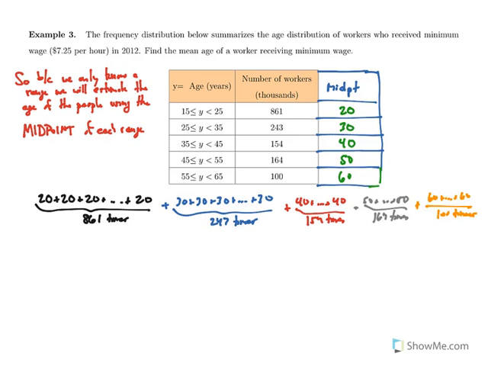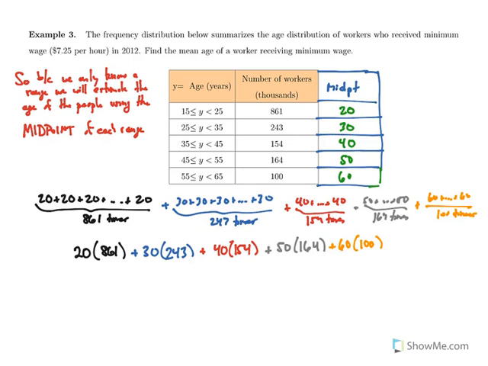Instead, we can just use multiplication. We could say this is going to be 861 copies of 20 plus 243 copies of 30 plus 154 copies of 40 plus 164 copies of 50 plus 100 copies of 60, all over the total amount of people that we have, which is going to be